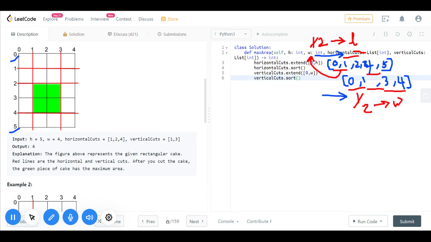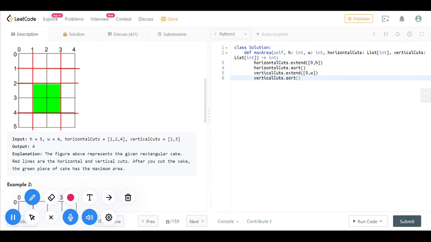Okay. Yeah. And let me code this part as well. So I'll be initially taking maximum h and maximum w as 0 comma 0.